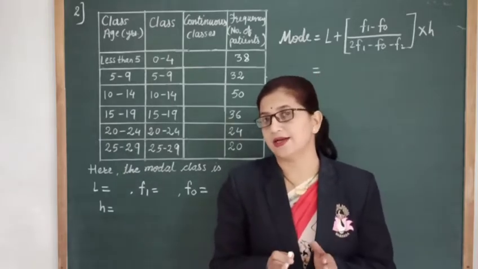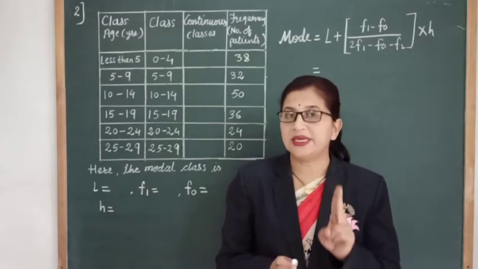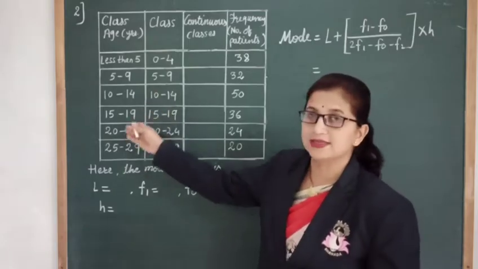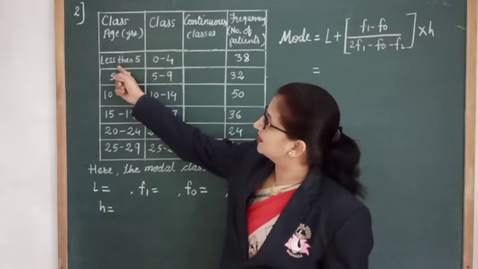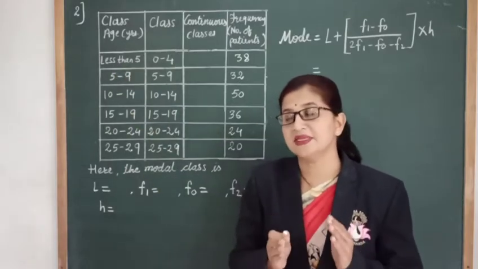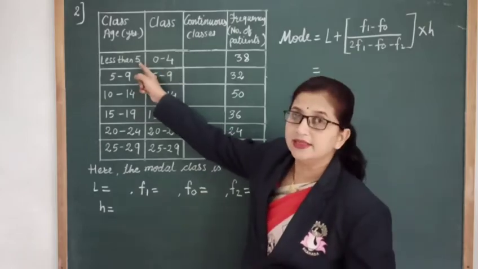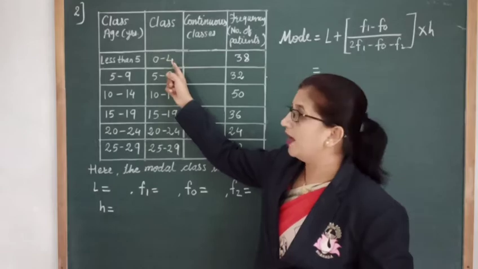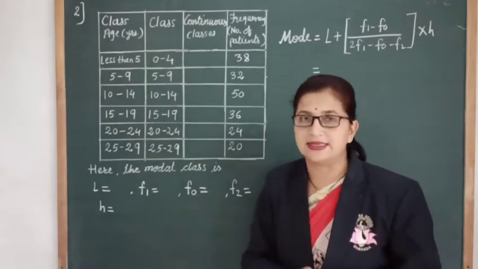So as we know that to find out the median and mode, we need the continuous class. So here we have to make these classes continuous. Okay. So here, see the first class less than 5. Less than 5 is exactly what? So here less than 5. So this class will be the 0 to 4. Okay. Now here 0 to 4. Then remaining classes we have to write them as it is.